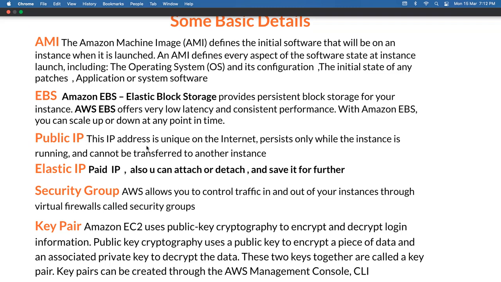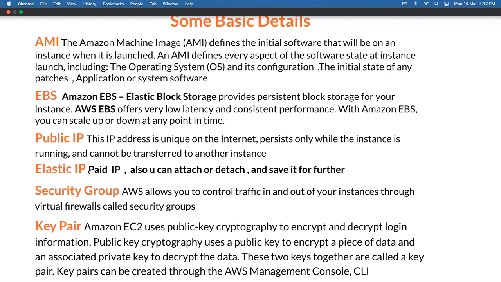Public IP is a unique address on the internet. It persists only while the instance is running and cannot be transferred to another instance. That means public IP is a free IP from AWS, provided to connect to the EC2 instance. But when we release or delete or terminate our instance, the public IP is changed.